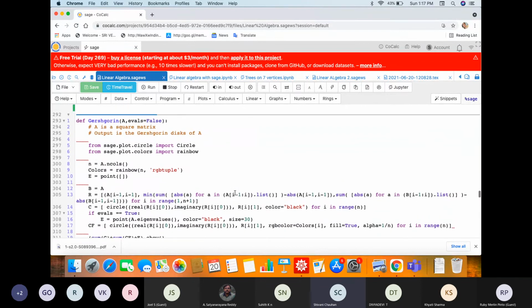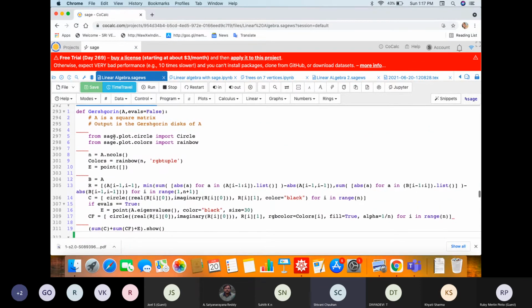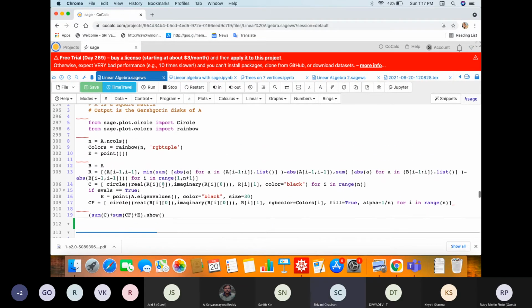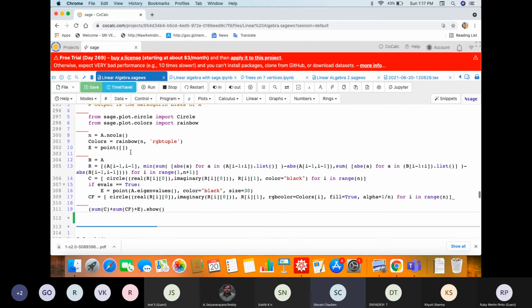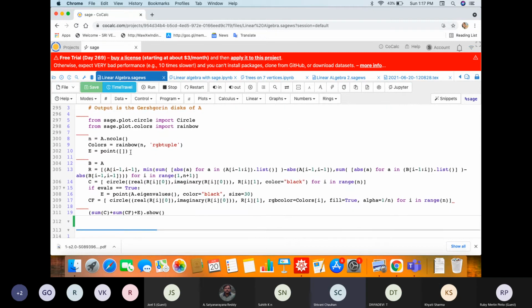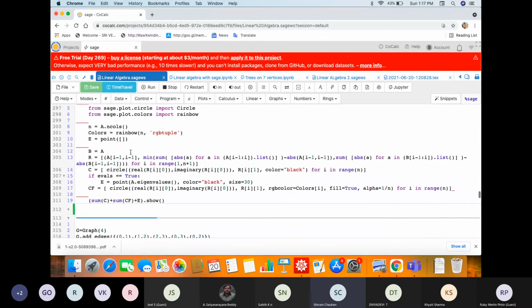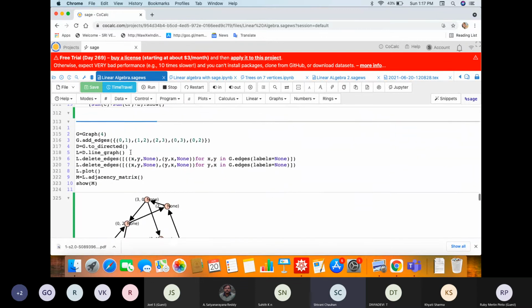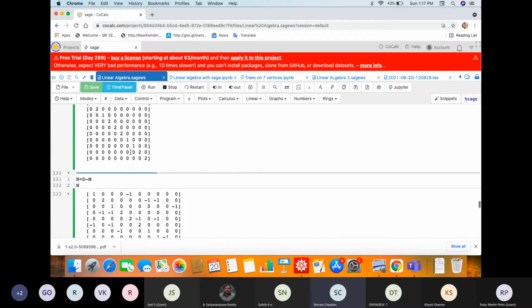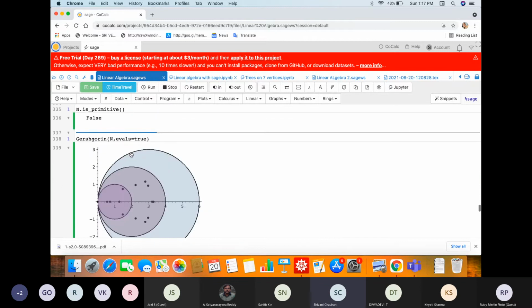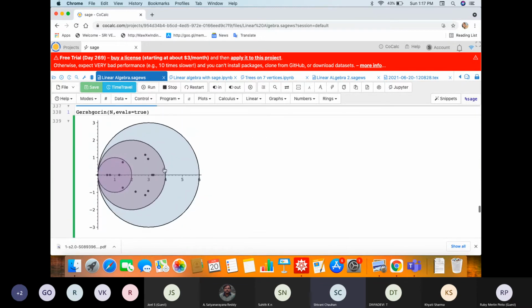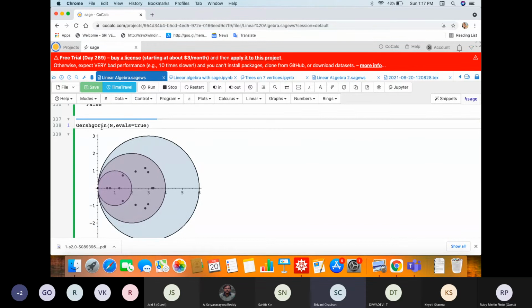Here they have defined the Gershgorin disk. This is not inbuilt, so first we have defined it. With the Gershgorin disk we want to see where the complex eigenvalues are lying. Once you define your Gershgorin disk, it will give you the circles and the positions of your eigenvalues.